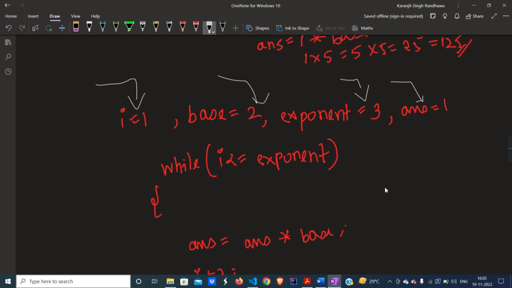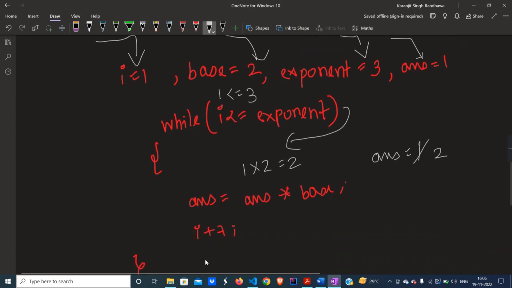So keep the count of ans, that is 1. Now, I is less than or equal to exponent, that is 1 is less than or equal to 3. The condition is true. Now the control will come inside the while loop, and it will do ans into base, that is 1 into base 2, that is 2. Now the updated value of ans is 2, and it will increment I, so I will now be 2. It will again go and check,